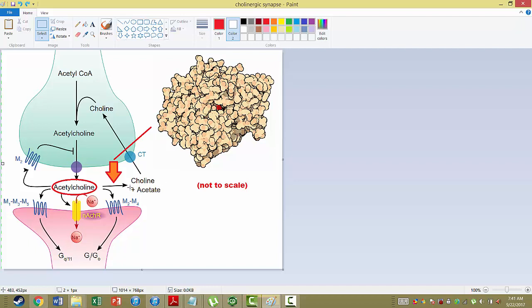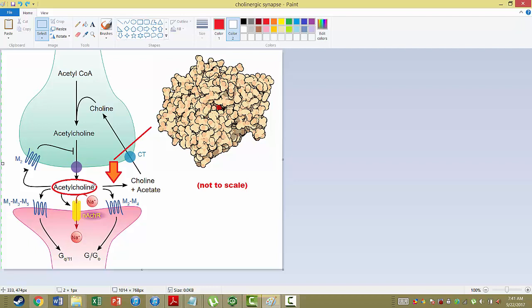They can no longer be recycled. The choline's not going to get back in here. The acetylcholine can't actually get through the membrane by itself because it's really bulky and negatively charged. It's just going to build up in this neuronal cleft. And if you recall, what acetylcholine does is it activates the neuromuscular response. It contracts your muscles. So when it builds up and it can't be degraded, your muscles are just going to activate non-stop.